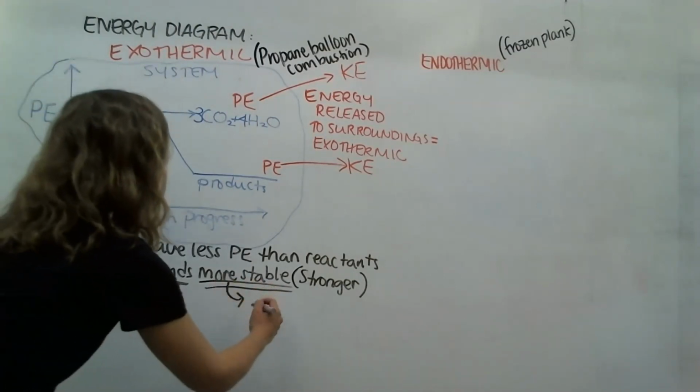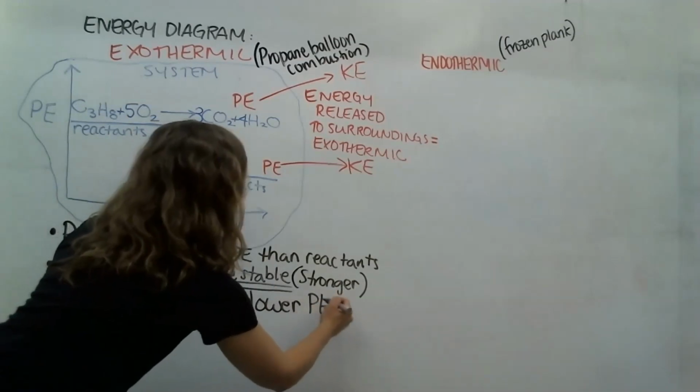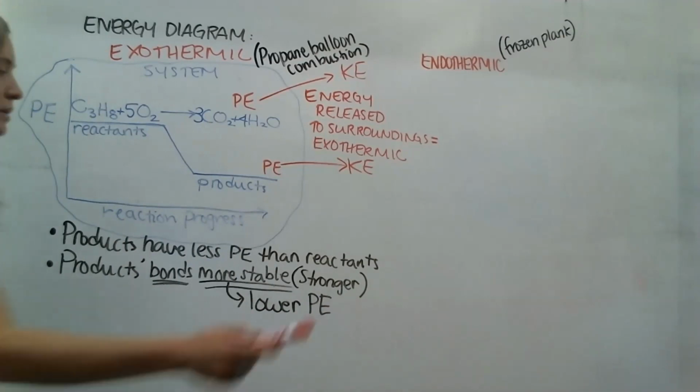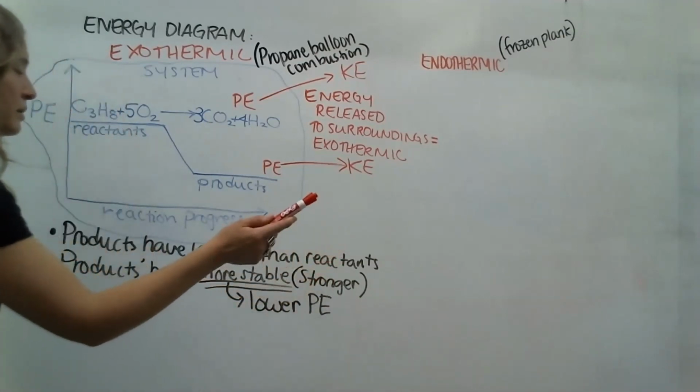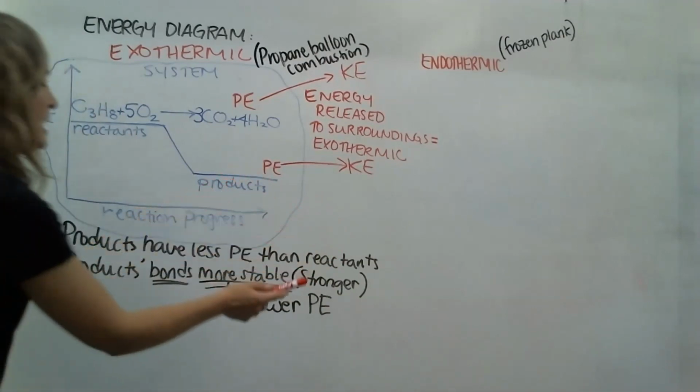And so more stable means lower potential energy. So the stronger the bonds, the more stable those molecules are, the more stable the bonds are, and the lower the